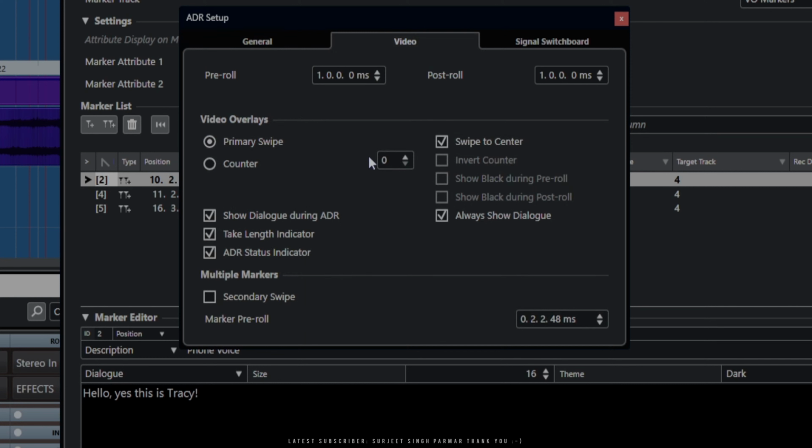In the video setup, we have some options for how the video itself appears. Again, I have my preferences for this, but you can change them, play around. I like the primary swipe, which is 2 lines that come in from the side, but you can also have a counter. And I like to swipe to the center. Again, always show dialogue. Yes, I like to have that on, and show the dialogue during the ADR. Take length. Yep, like it. ADR status indicator. So this is where